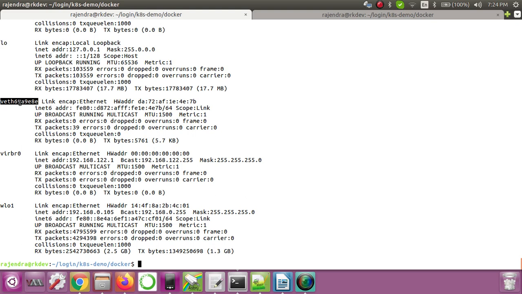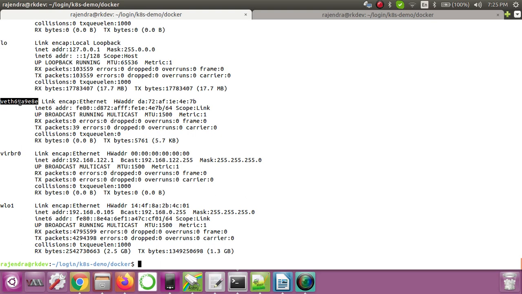We have also seen that when we log in inside the container, there is an ethernet interface. So let's say for your container any request comes from the user, that first request will come to your host machine. Let's say your application is running on 8080, and you bind the 8080 port of the container to port 80 of your host machine.